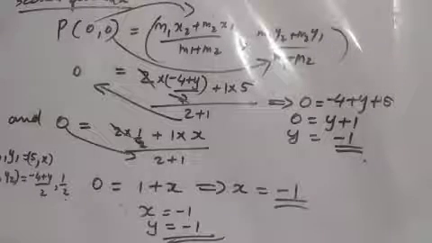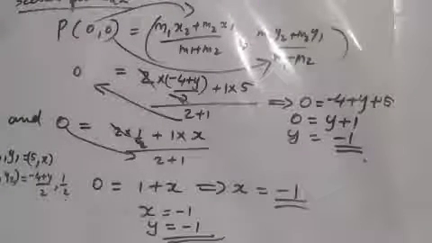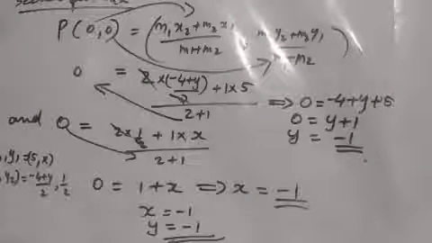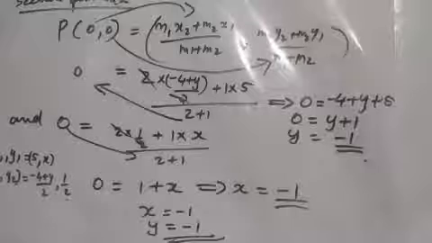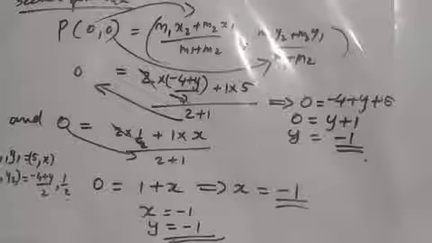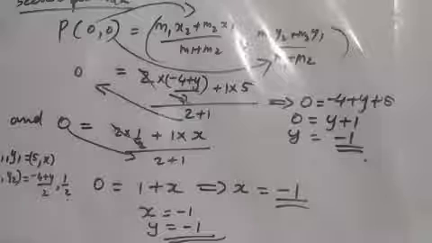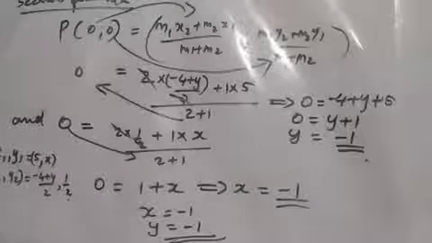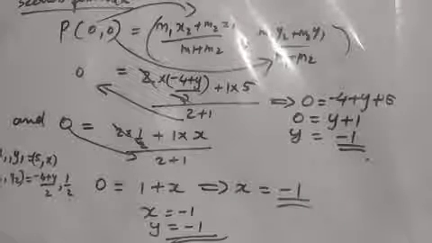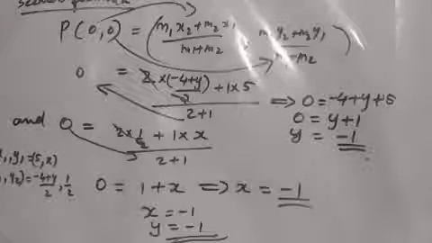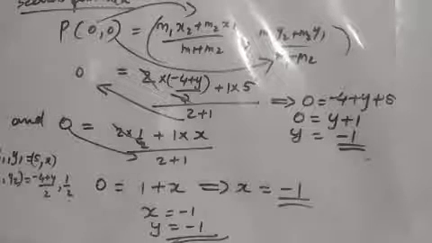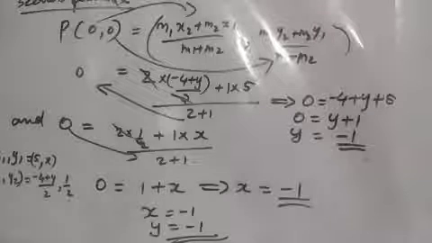Understood? So, just apply the section formula. We must know that centroid intersects the medians in the ratio 2:1. And we know the section formula. How can we obtain the coordinate of a point which divides a line segment in a given ratio m1 is to m2? Yes, (m1 x2 plus m2 x1) by (m1 plus m2) to calculate the x coordinate. And what about the y coordinate of that point? (m1 y2 plus m2 y1) by (m1 plus m2).